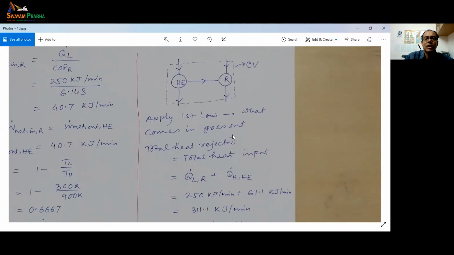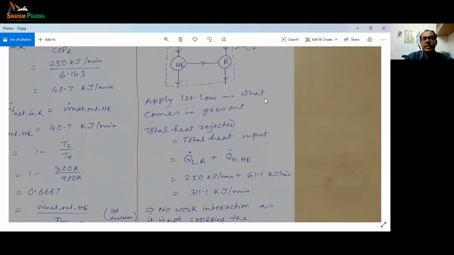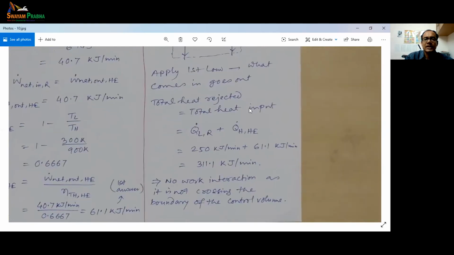And both these two outlets will contribute to the environmental heat rejection. So if we apply first law, what comes in has to go out. Okay, so the total heat rejected is nothing but the total heat input. So total heat input we know now, the Q dot L, that means the heat sucked out by the refrigerator